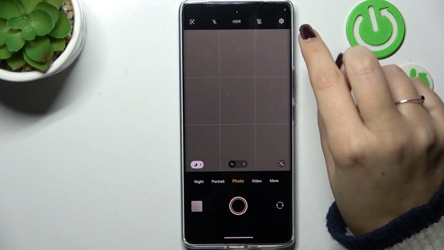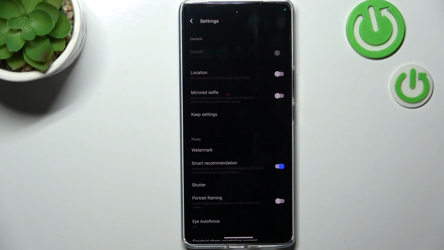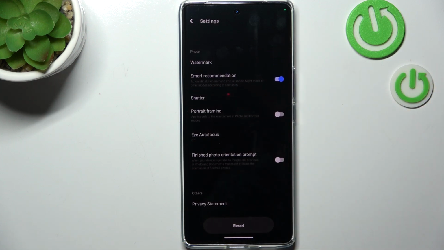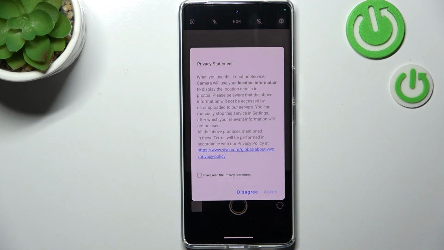So all we have to do, as I said, is to enter the settings in the right upper corner and now enter more settings. Here we have to scroll down to the very bottom and find this reset option, tap on confirm, and as you can see we just got back to the camera,